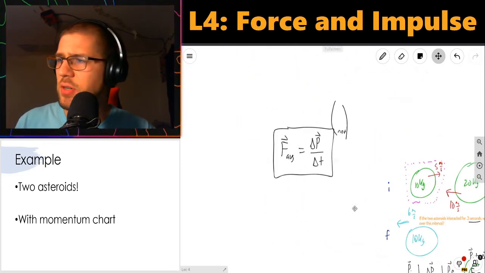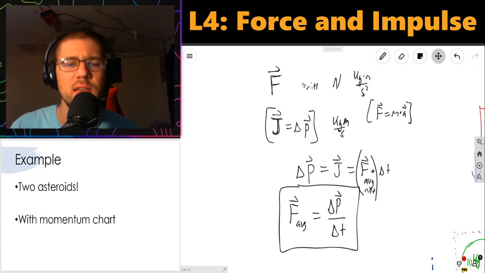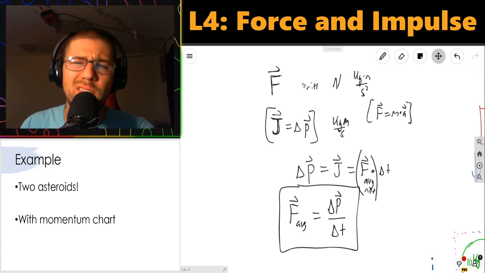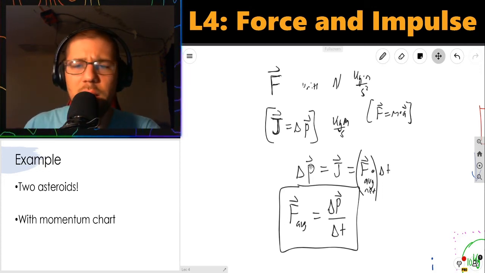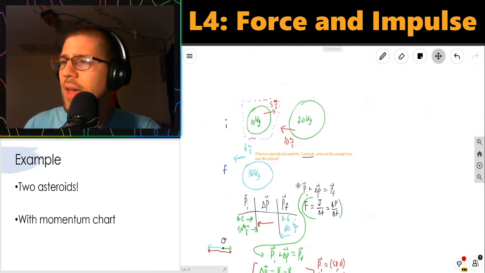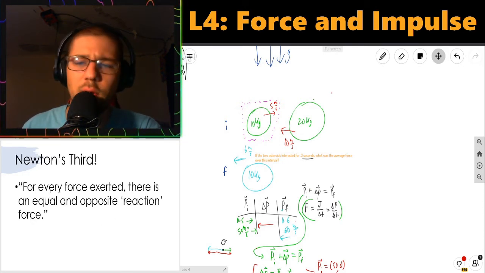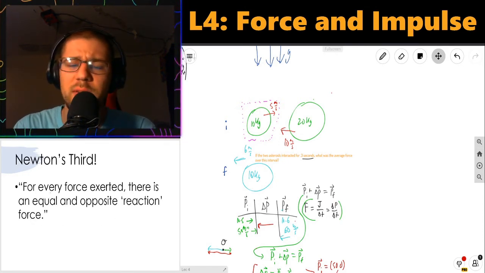So this description of the way that force and change of momentum are related, that is Newton's second law. What I want to do in the last part of this video is talk about Newton's third law. And I can bring it back to this example down here with the asteroid. It's going to be really cool. Check it out. So Newton's third law tells us that for every force exerted, there's an equal and opposite reaction